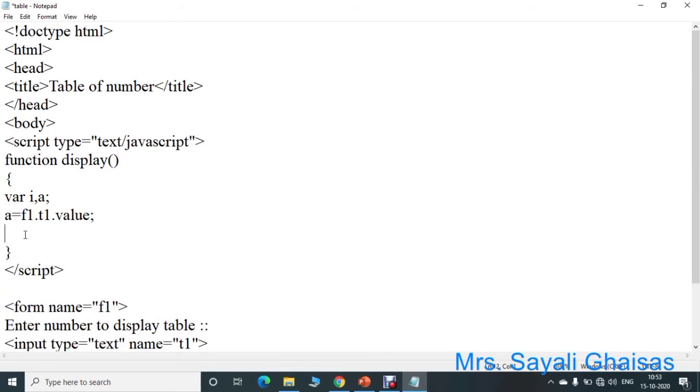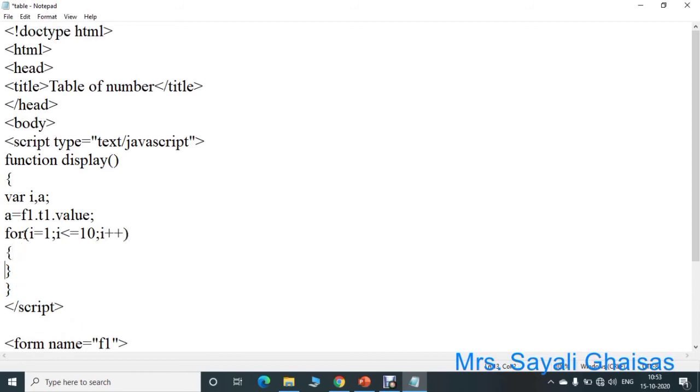Now we have to use this value and print a table. So to print a table, use a for loop. Suppose i is equal to 1, i is less than or equal to 10, and i plus plus. Suppose the value within a is 5. Then the table of 5 will be 5, 10, 15, etc. up to 50.